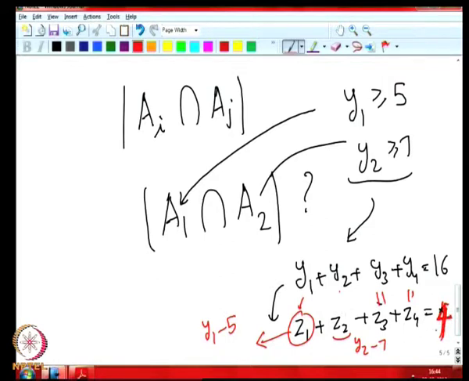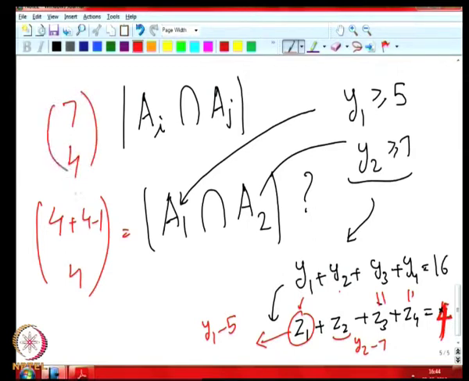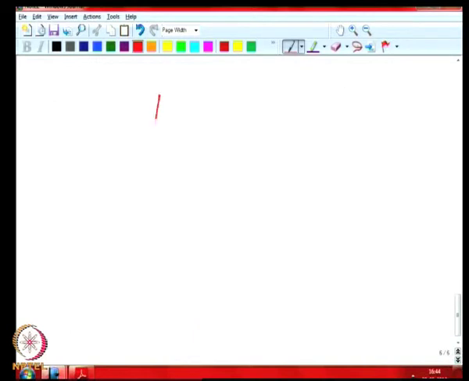and R is equal to 4 now, because we know how to solve this equation. R equal to 4 and K equal to 4, we get 4 plus 4 minus 1 choose 4, namely 7 choose 4. Similarly, the same technique works for each of the other cases. So for instance, in the next case, suppose we want to find A1 intersection A2 intersection A3,